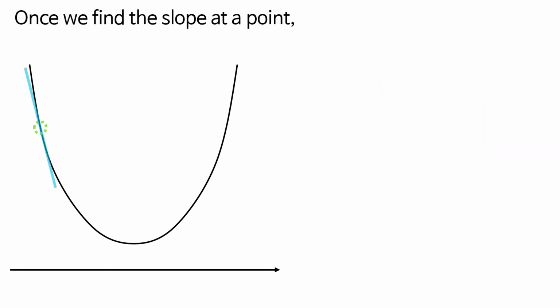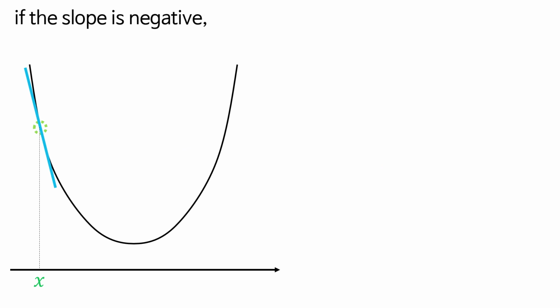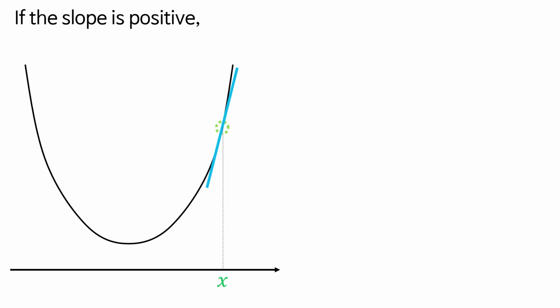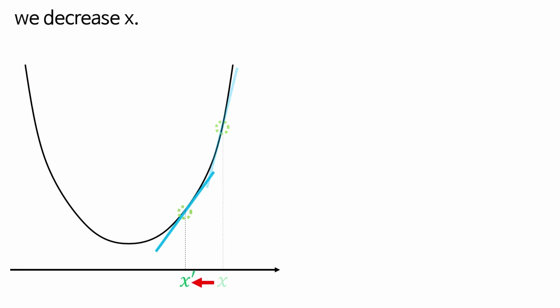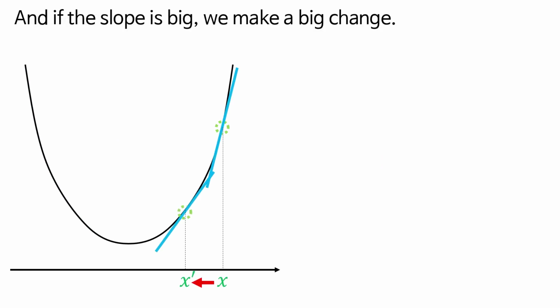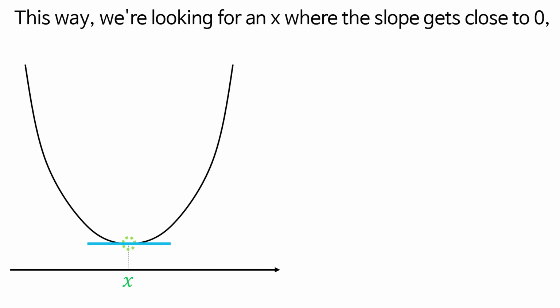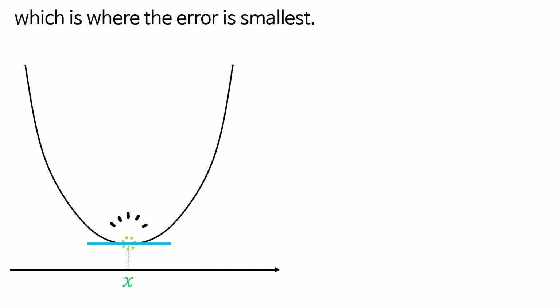Once we find the slope at a point, if the slope is negative, we increase x. If the slope is positive, we decrease x. And if the slope is big, we make a big change. If it's small, we make a small change. This way, we're looking for an x where the slope gets close to 0, which is where the error is